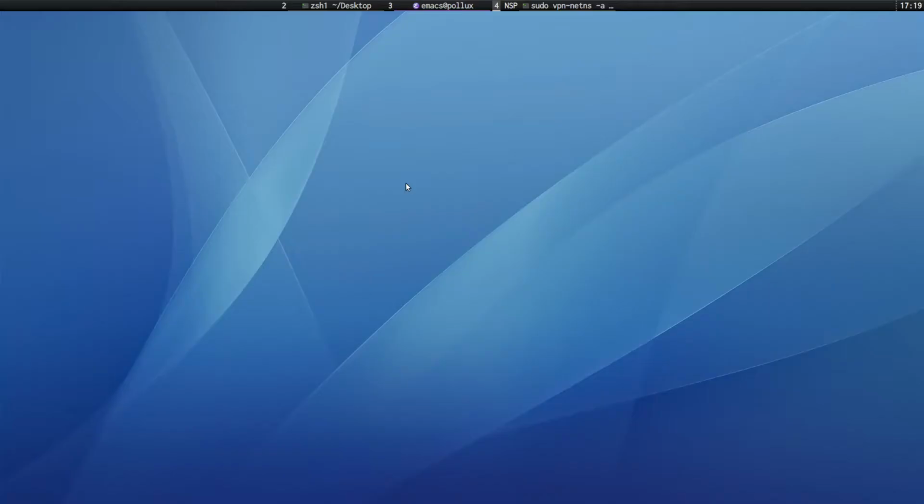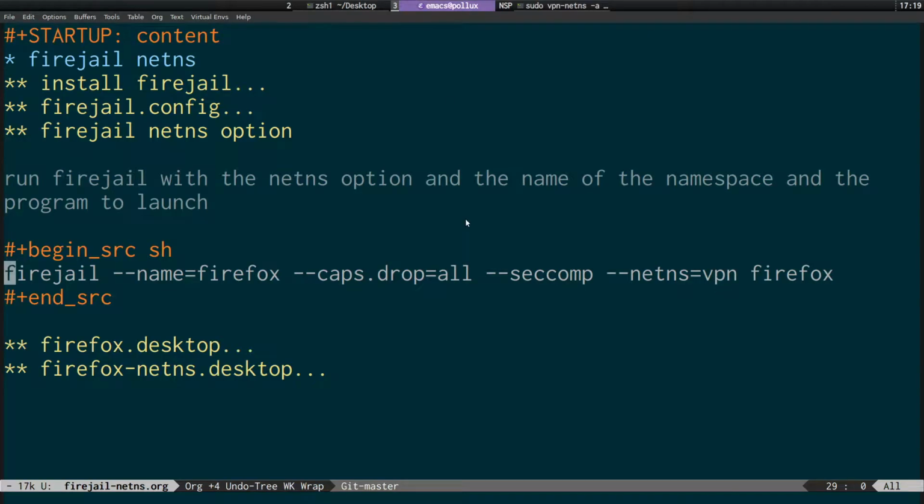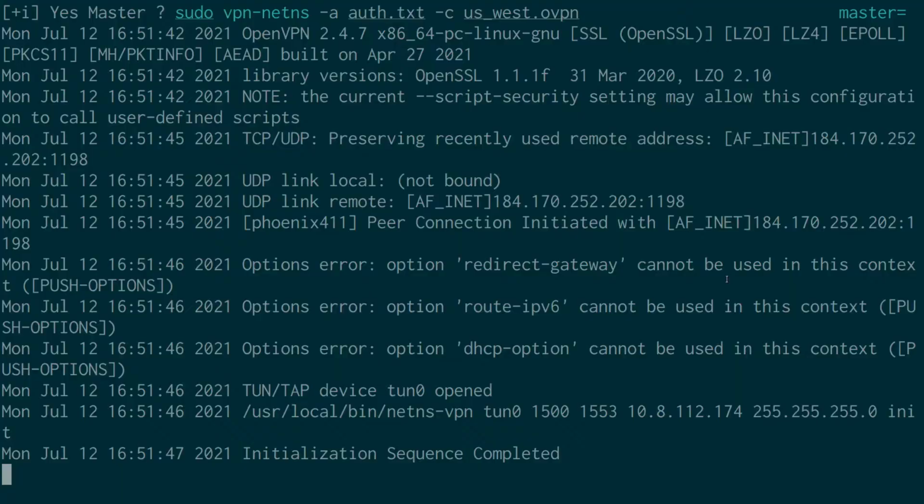So let me just close that and come back across here and do this manually. So Firejail --name=firefox, so we're naming the sandbox. We're dropping all capabilities using seccomp and this ns option. So when I run that in the terminal,